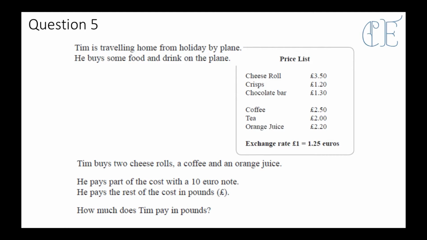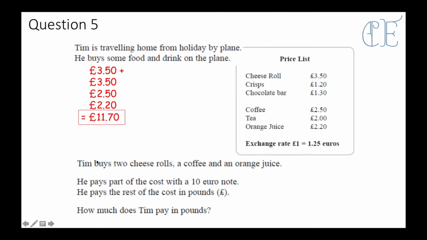He pays part of the cost with a €10 note. He pays the rest of the cost in pounds. How much does Tim pay in pounds? Now, if we look at our price list, we can see it's all in pounds. So we need to add them all up first. So he buys 2 cheese rolls, £3.50 each, a coffee, £2.50, and an orange juice, £2.20. Okay, the total is